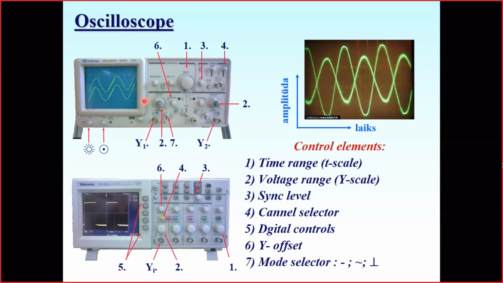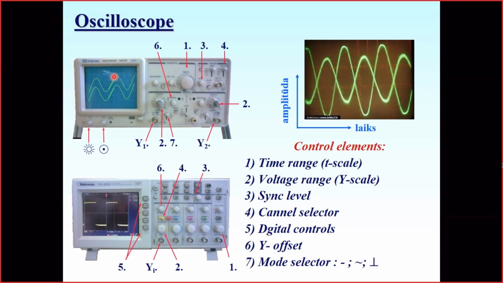The measured voltage is usually depicted on the screen in the shape of a waveform, and from this depiction we understand that the oscilloscope actually has two indications. It indicates time, so one indication is related to time. The special part of the oscilloscope, which is called the sweep, the sweep module or sweep block, provides this